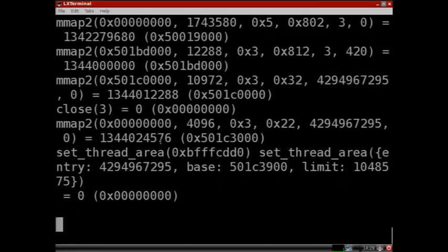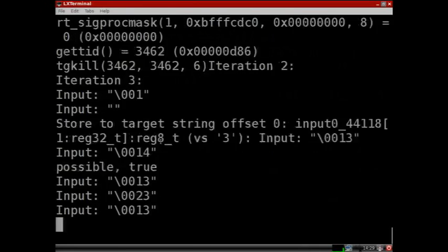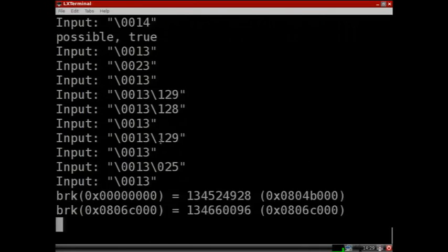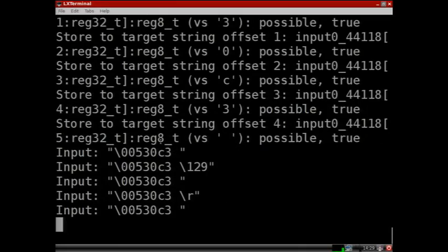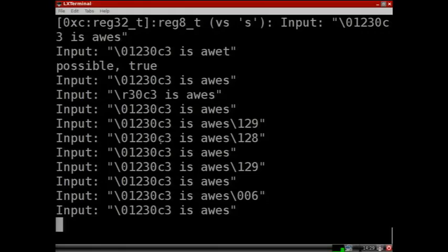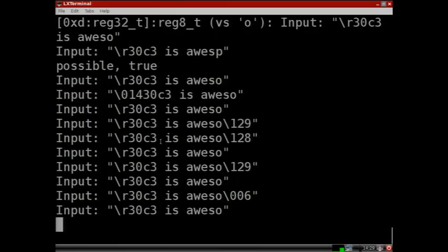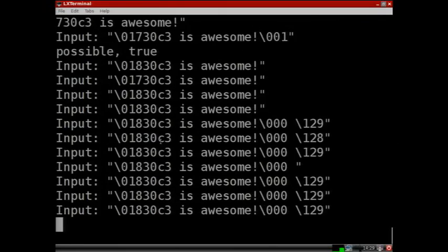And we're going to first decode the RLE buffer, and we want to produce a string, 33C is awesome, and we let the symbolic execution find out. So the symbolic execution engine knows about the RLE decoding, and it's trying different kinds of states.